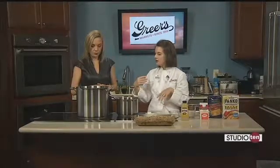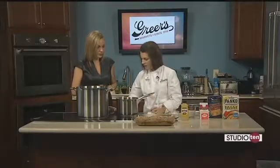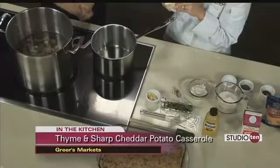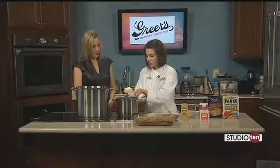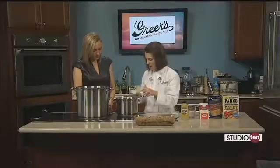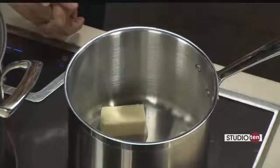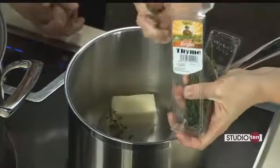So we're just going to bring those up and let those cook, and then I thought we could get ready with our sauce over here. In this pot, I'm going to turn on medium heat, and we are going to infuse this butter with our garlic and our thyme. It's going to be smelling so good. I just have half a stick of butter, and 3 cloves, well, 3 and a small one, of fresh garlic that I took the peels off, and we're just going to put that in there whole. And then I have some fresh thyme, and I'm going to put about 8 or so